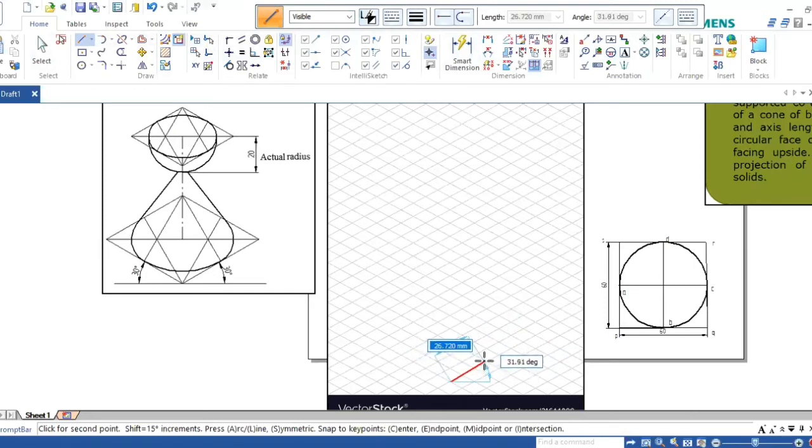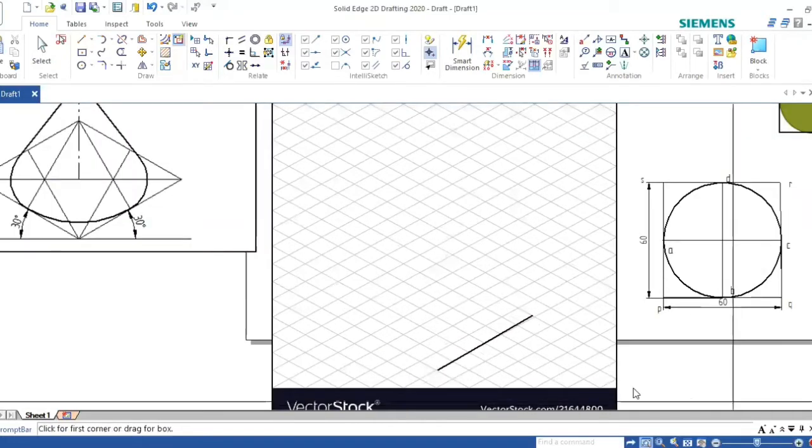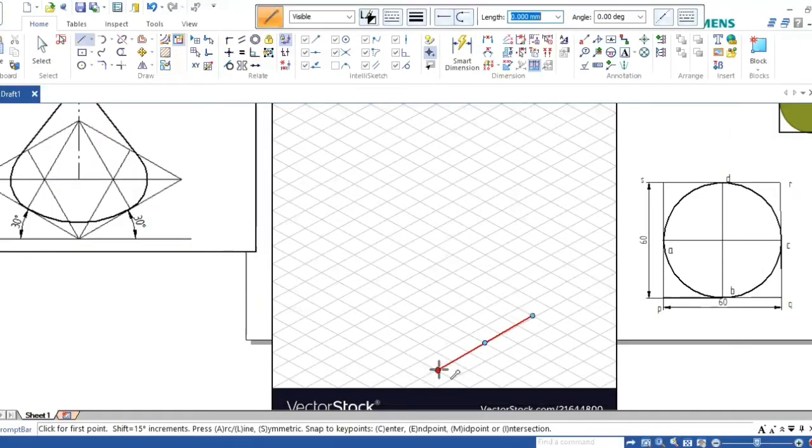I'll construct the bottom side, then from this side again 10, 20, 30, 40, 50, 60. I started from point Q. From P to Q I took 60, and from P to S I took 60.